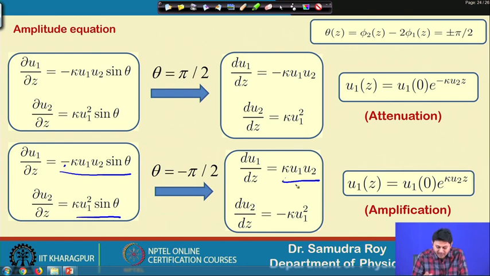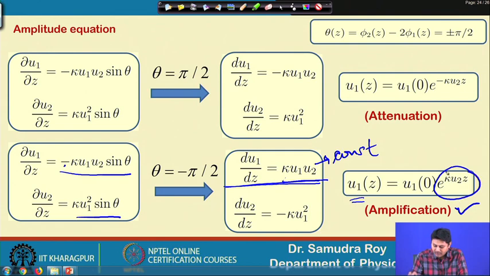So, we will have plus kappa u 1 u 2 for u 1. Now, if I only concentrate on this equation, we can see that u 1, if we say u 2 is a constant, then I can solve this differential equation, and if I solve this differential equation, you can readily see that u 1 is going to be amplified, because we have an exponential term with a positive argument, and that means it will exponentially increase if u 2 is constant. That was our assumption from the beginning,